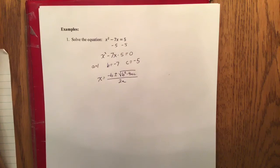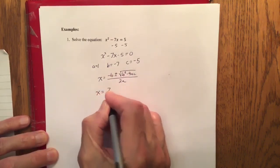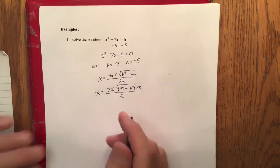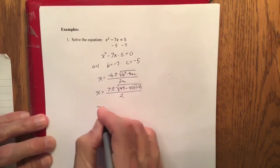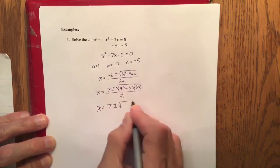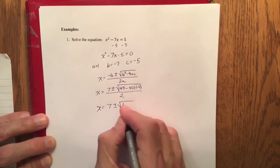So there's the quadratic formula. Now let's substitute in the values of a, b, and c. We're going to get positive 7 plus or minus this expression. And now simplifying, I get x equals 7 plus or minus the square root of 49 plus 20 will be 69